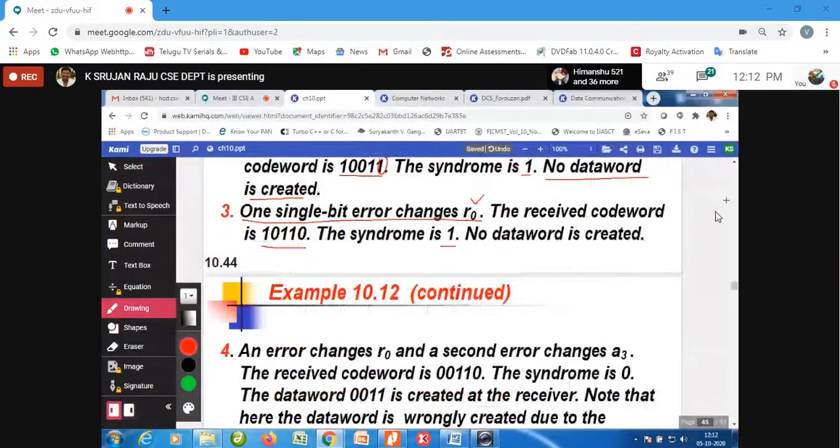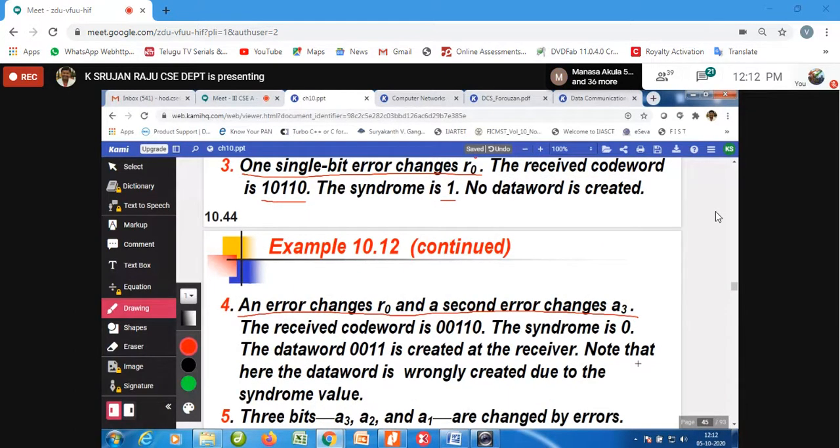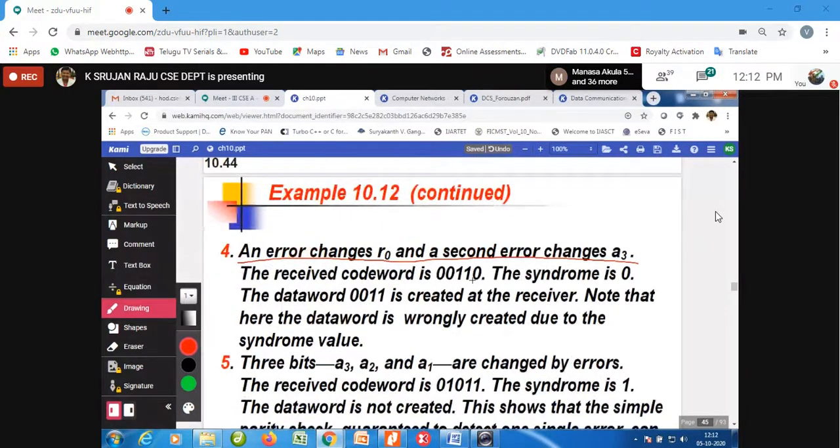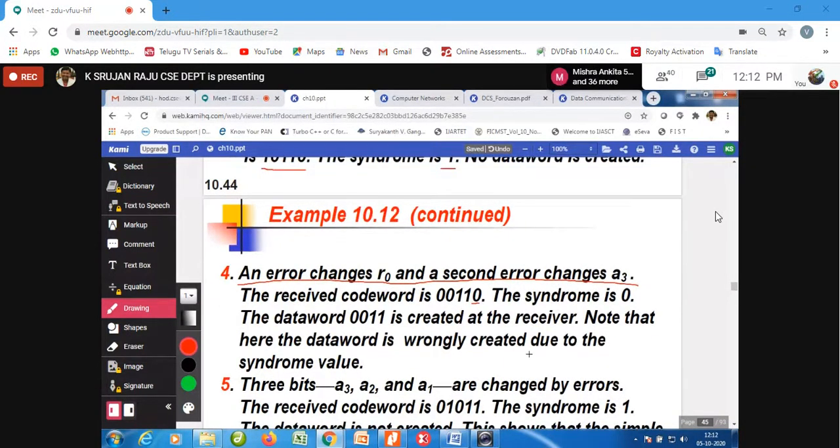But the point is, this is only for 1 bit, I said. Suppose we look at the case where 2 bits were changed. An error changes R0 and a second error changes A3. Okay. So this is changed from 1 to 0, and A3. So what is the code word which we have chosen? See, 0 1 2 3.